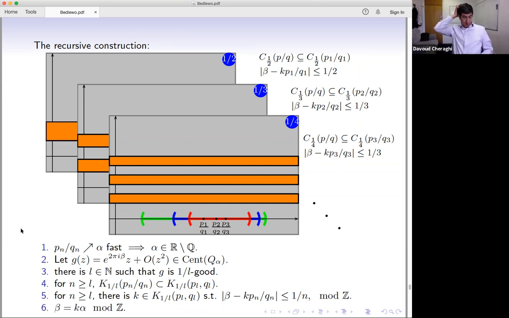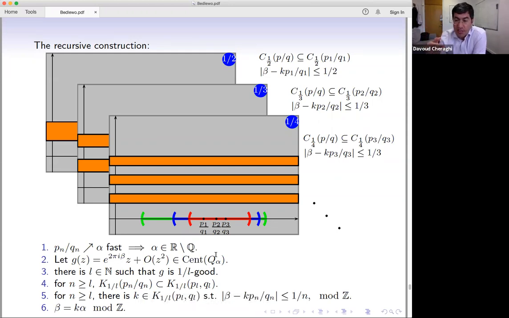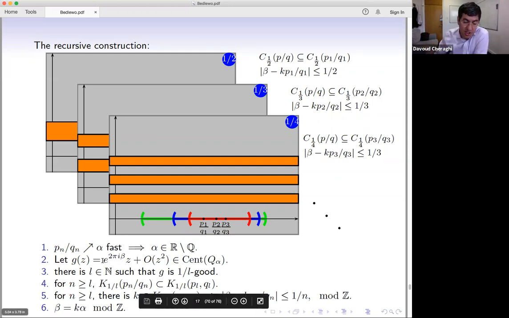So from here, you go back to this formula. You see that if G commutes with that Q sub alpha, the leading term is the same as the leading term of Q sub alpha to the K. Because alpha is irrational, K times alpha is irrational, and the commutation tells me that all the coefficients of this G are the same as the corresponding coefficients of Q sub alpha to the K. In fact, G is equal to Q sub alpha to the K. So with this argument,